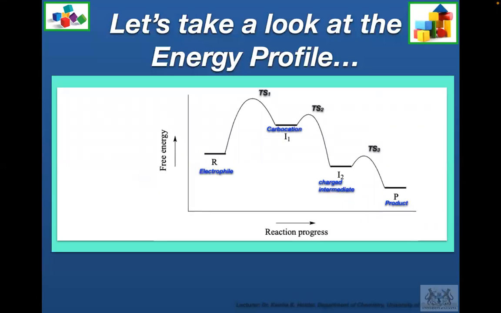Of course, there is no intermediate that can form without first forming a transition state. So transition states 1, 2, and 3 represent those intermediary species that allow us to access the intermediate in the first place. So of course, transition state 1 would represent the carbocation being formed. So it would be an example like this, whereby we have our